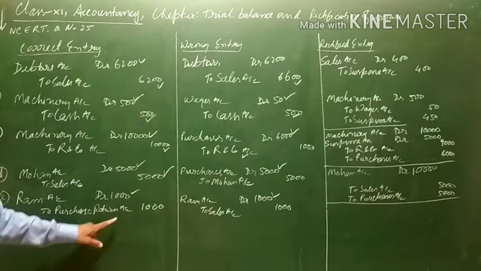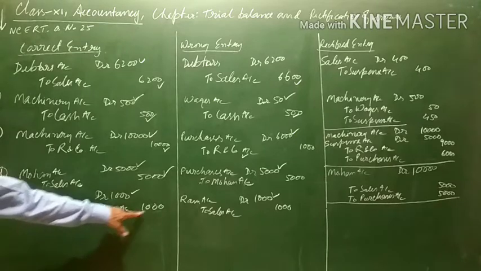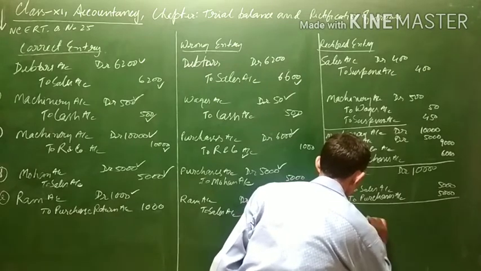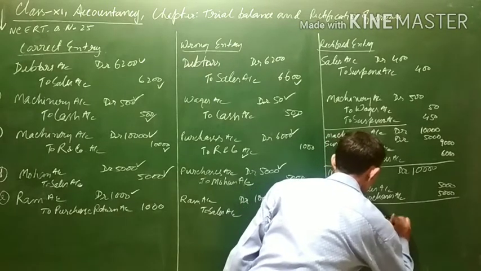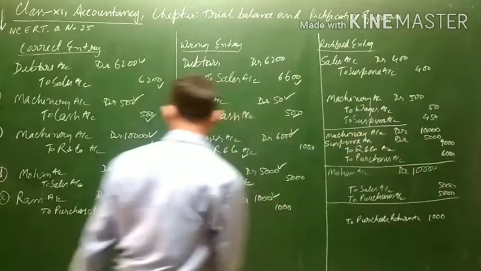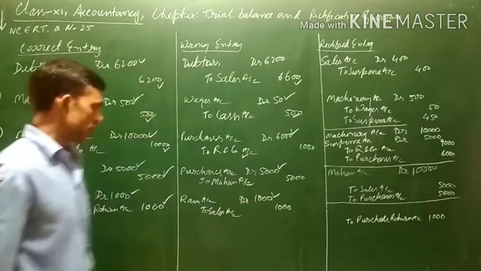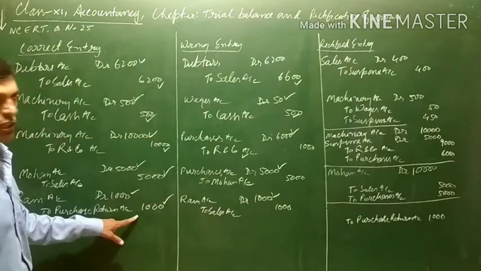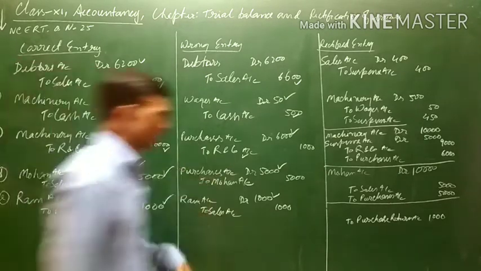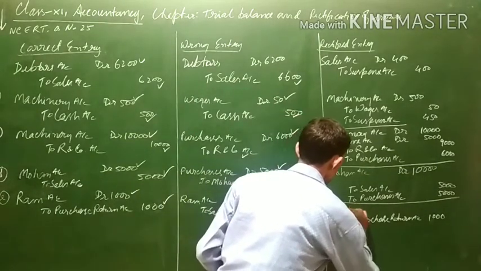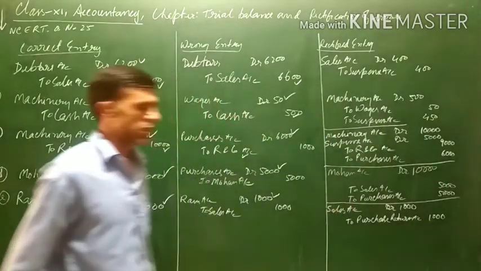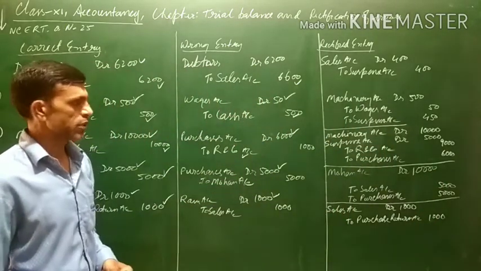Purchase return needs to be credited, but it has not been credited. So we will credit purchase return account 1,000. Sales has been credited, but this is wrong. There is no need to credit sales account, as you can see in the correct entry. So in order to cancel the sales, we will debit sales account 1,000. And you can see both the debit and the credit are equal. So this is our correction entry or rectification entry.